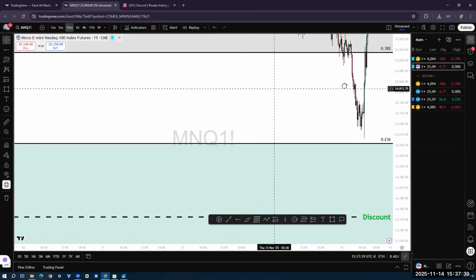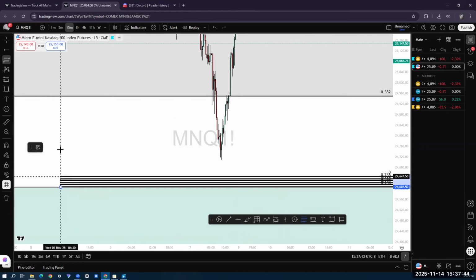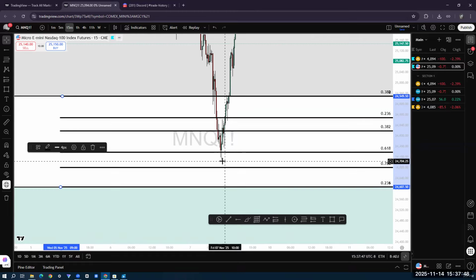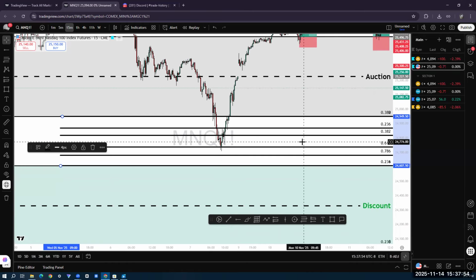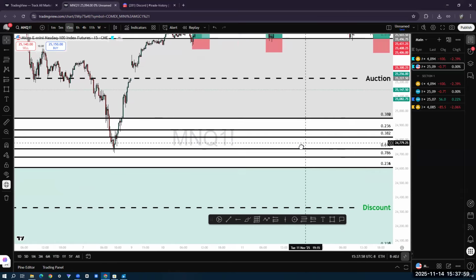Same thing with down here. If I use my order flow model, you're gonna see how I draw it out. But boom, 618, I would have tried to sell it from the 786, so I would have probably missed this entry. I would have been mad as hell. You drew a fib inside of a fib inside of a fib.